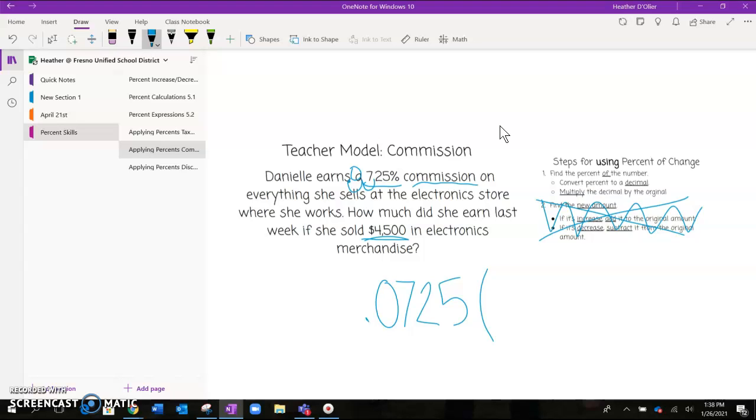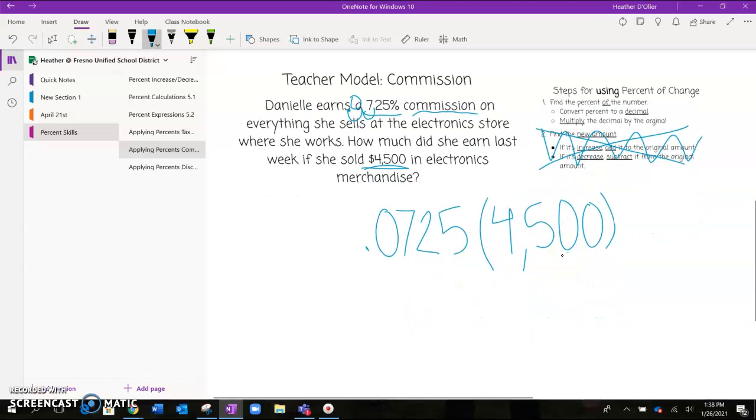Her sales prices? No, how much she earned in sales? The company earned $4,500. That's how much money she earned in the electronics store. So they're rewarding her by giving her that 7.25% of what she sold. So I'm using my calculator. 0.0725 times 4,500. And that gives me